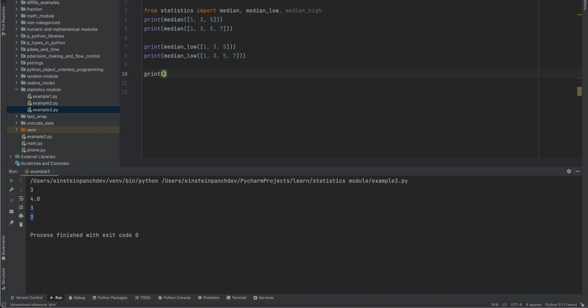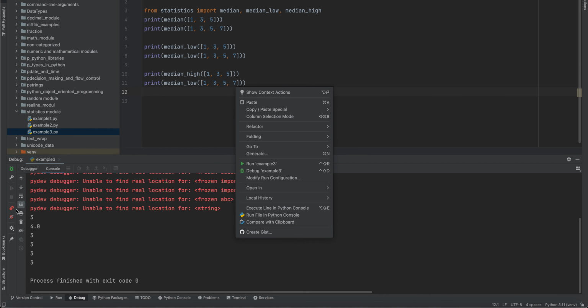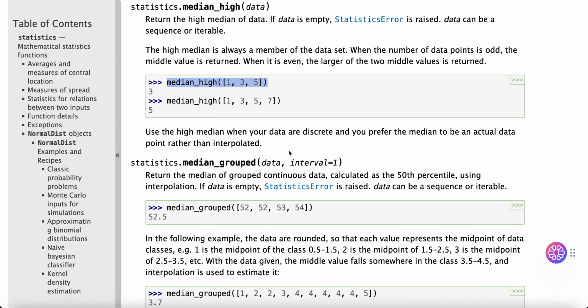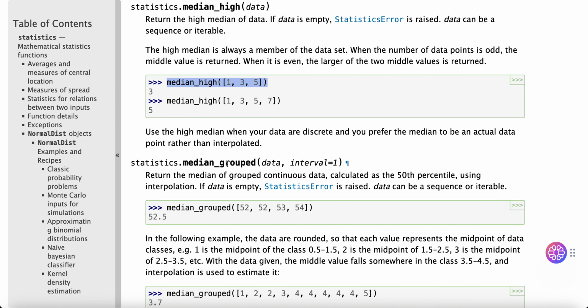Print high, print this time. High 5, 3, 3. Oh, median high. Use the high median when your data are discrete and you prefer the median to be the actual data point